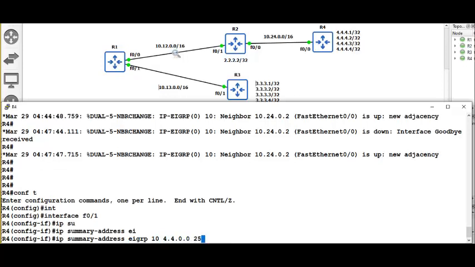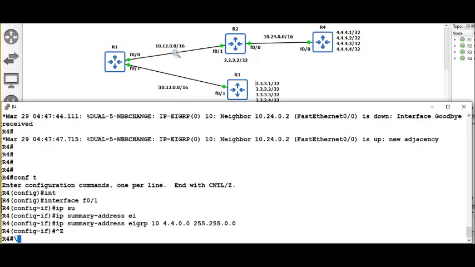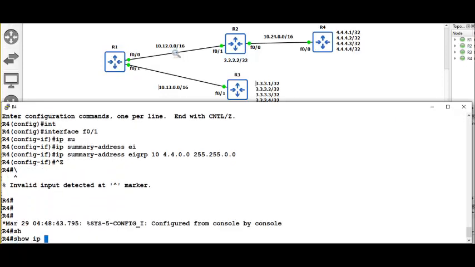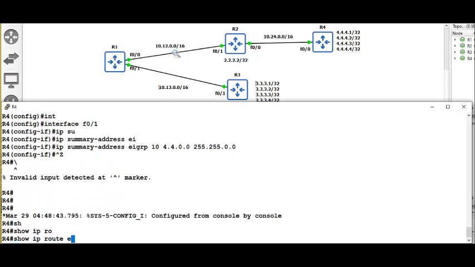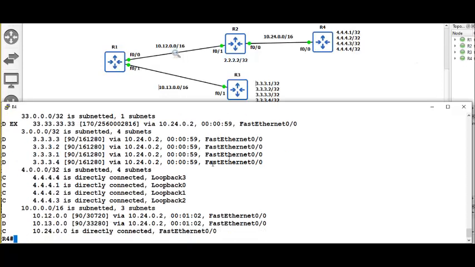So I'm saying you summarize like this. And now show IP route. You will see a summary route pointing towards Null0 because I did interface summarization. Do you see any